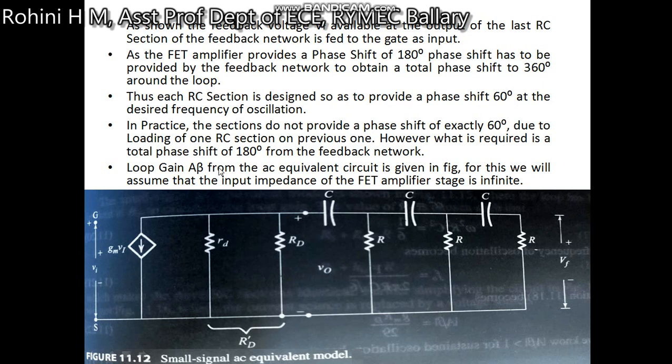So the FET amplifier will provide a phase shift of 180 degrees, and together with the feedback circuit it will cover 360 degrees around the loop. So thus each RC section has to be designed